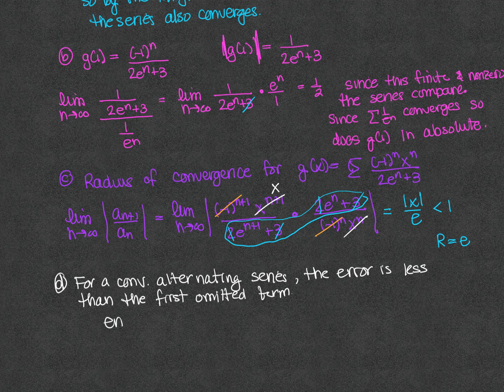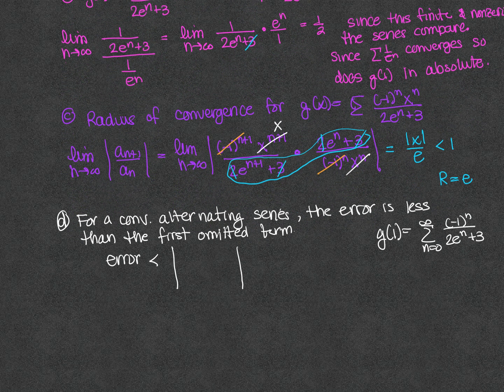So our error is going to be less than that third term in absolute value. Remember, our function was g of 1, and it is negative 1 to the n over 2e to the n plus 3. So we're plugging in, we decided it's going to plug in n equals 2. So that would be positive 1 over